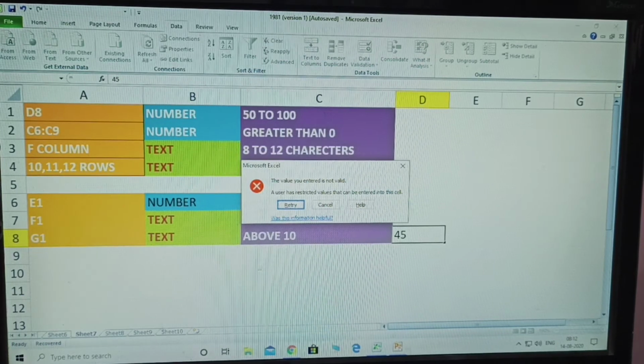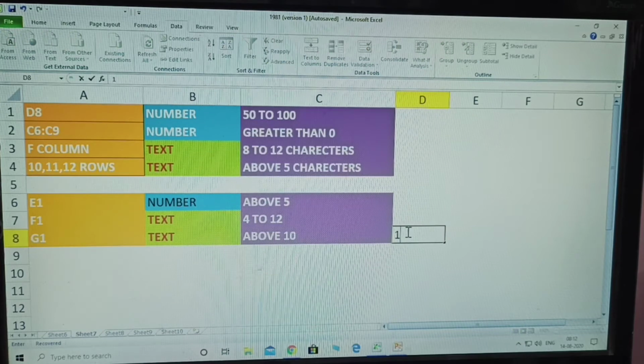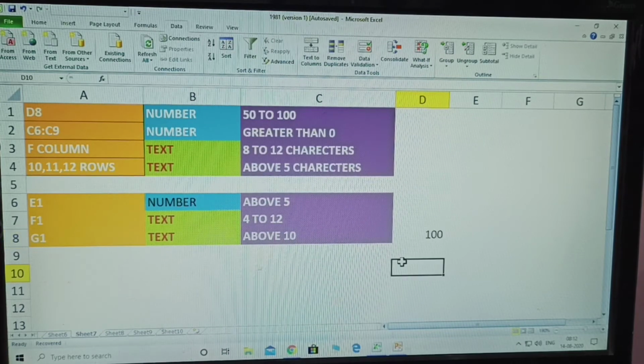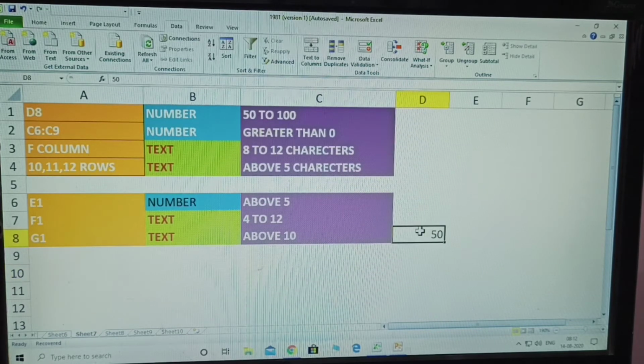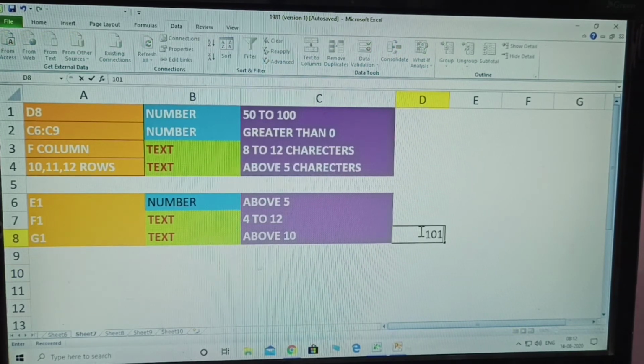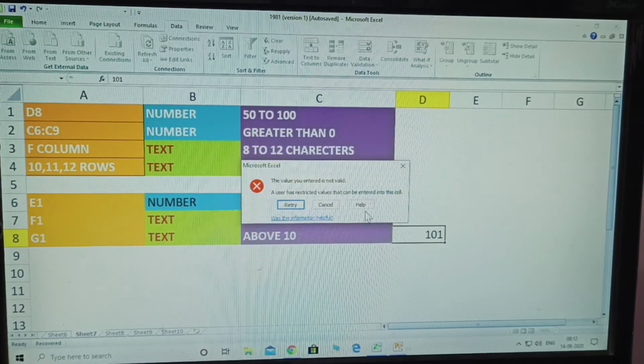That's why the error came. Next one, observe. 100 is displayed. Clicking on 50, no error. Clicking on 101, the error is displayed. This is the first condition over.